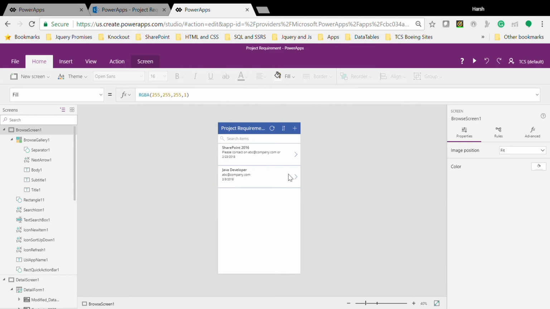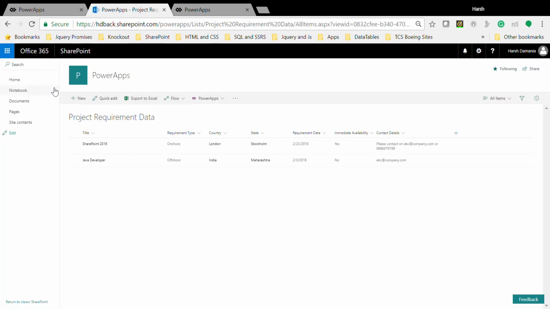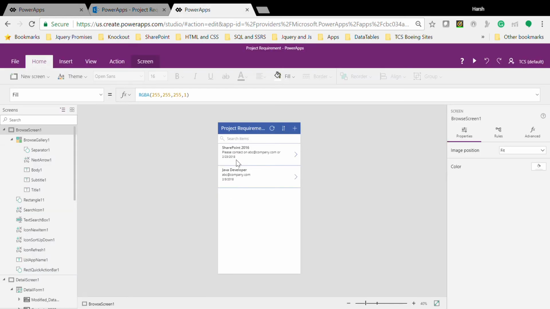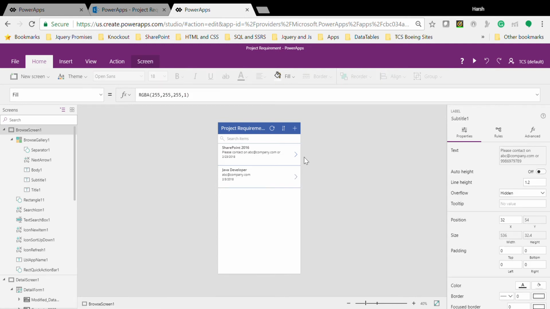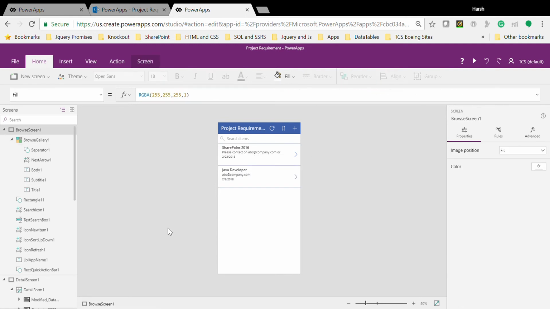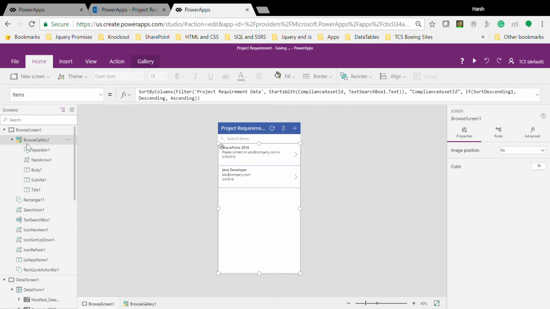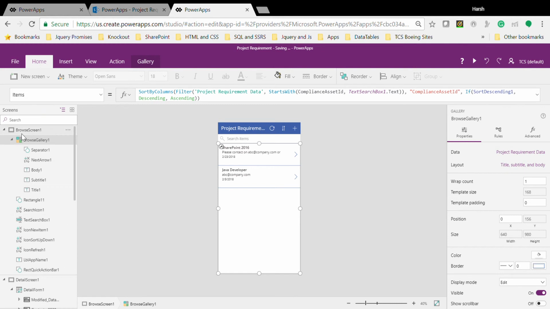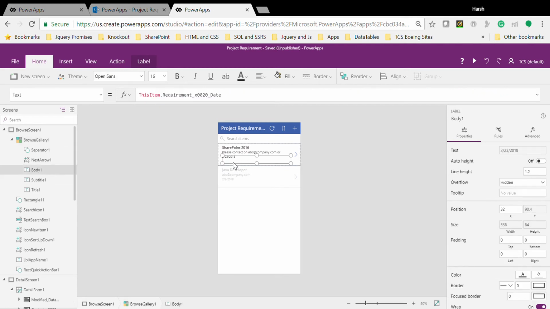Now we are ready. Okay, one more thing I want to show you, ensure that you have at least one item created, because without that you won't see any data and then it becomes difficult to work with, right? So now if you want to add one more field here, what you have to do is just select the browse gallery and then click on this edit gallery option, and then you just have to do this,